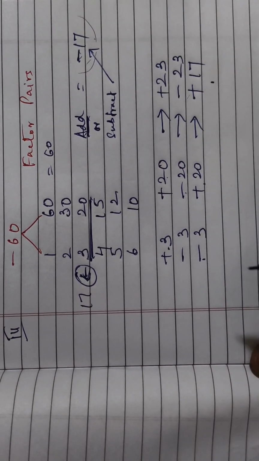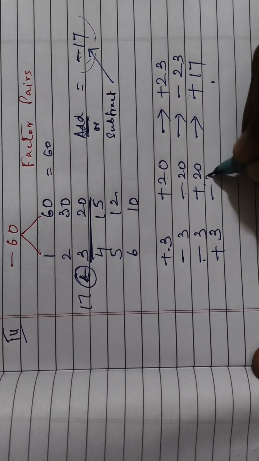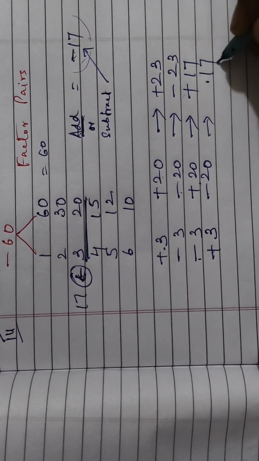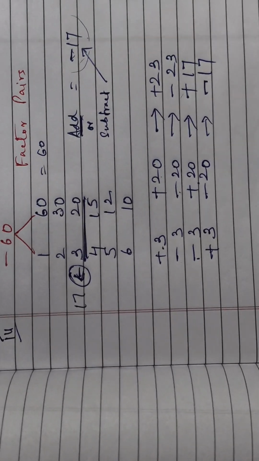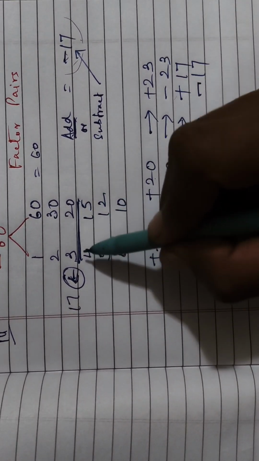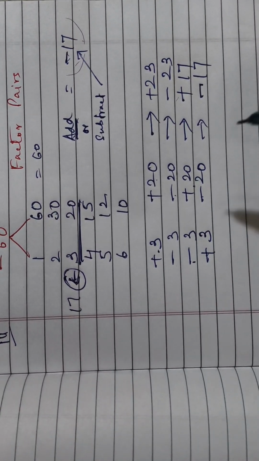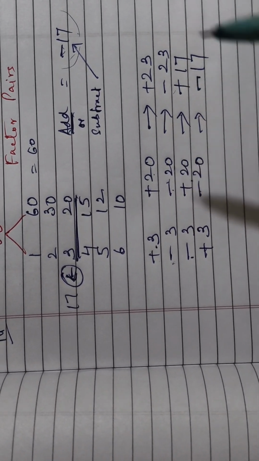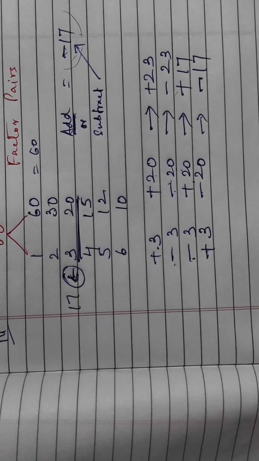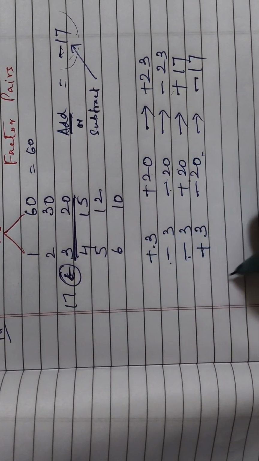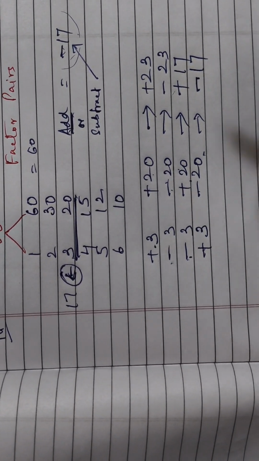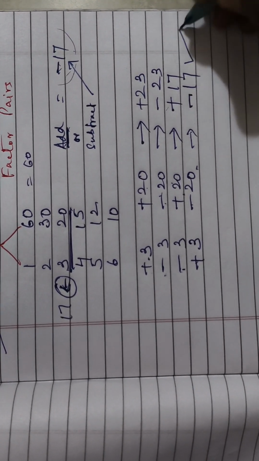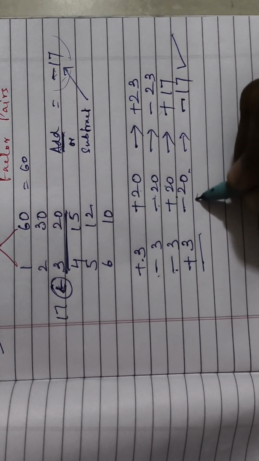You will try one more time. You will make this positive and this one negative. Plus and minus, what do I do? I subtract, and it takes the sign of the bigger number. Got it? So I selected 3 and 20. In it I tried putting plus plus as the first option, minus minus as the second option, minus plus as the third option, plus minus as the fourth. You can try all these 4 options and select the one in which you get minus 17 as the answer. So my best option is plus 3 and minus 20.